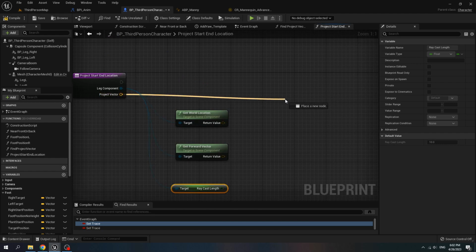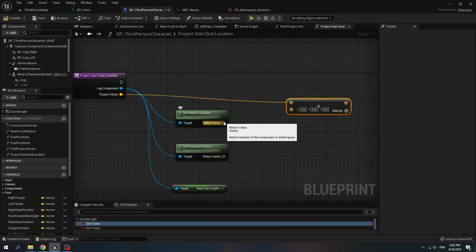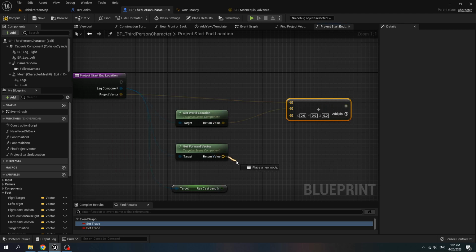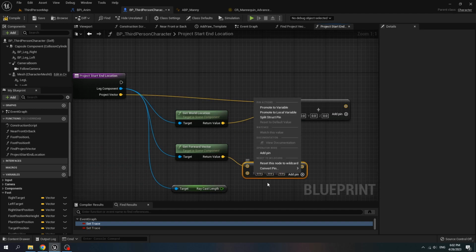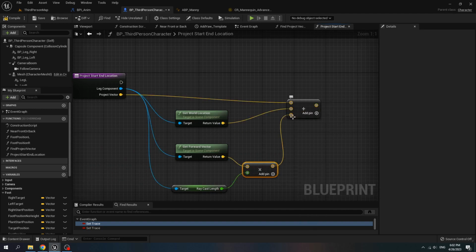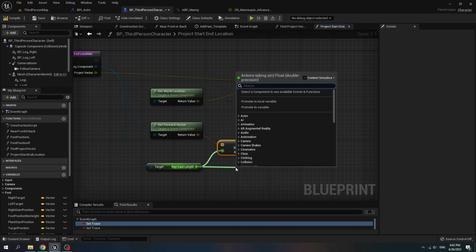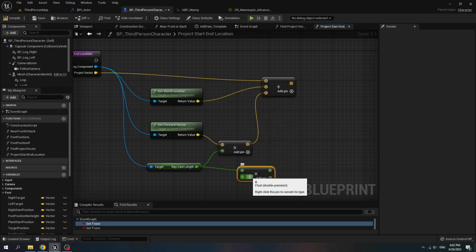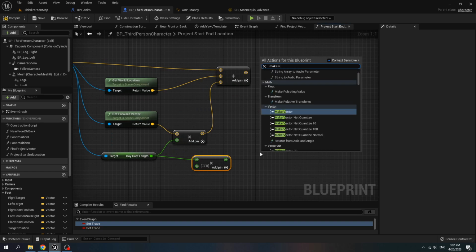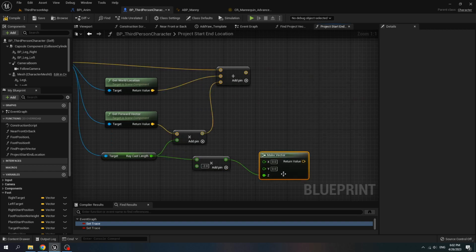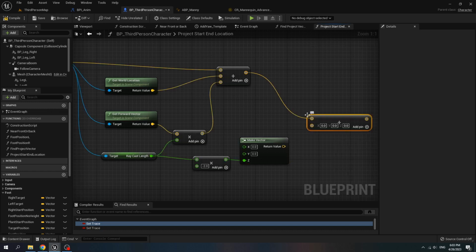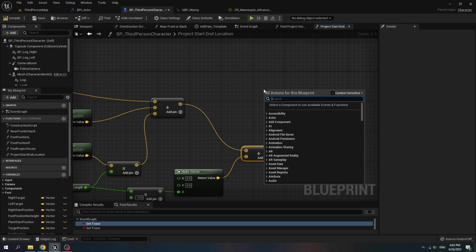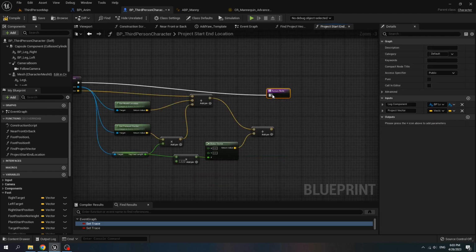For the project vector, add with the world location, get forward vector, multiply with the raycast length, connect it to add, then multiply the raycast length with -2, make vector and connect it to z. Add it with the vector of the z, then create a return node for the output.